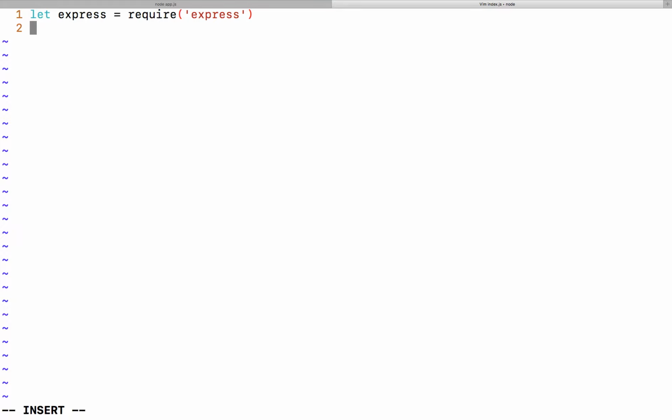Keep in mind that JSON is a subset of JavaScript, but it's not equivalent. So certain things you can do in JavaScript you can't do in JSON. One of those is single versus double quotes. JSON only takes double quotes.